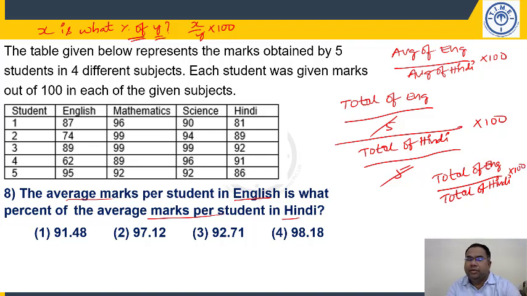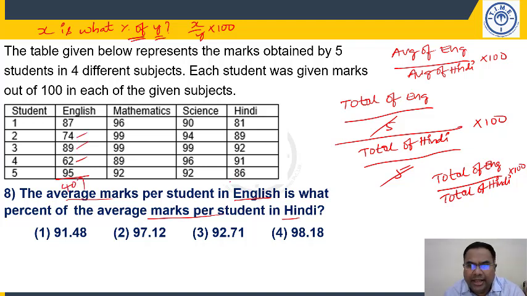So the same thing we have done sometime back, right? When you are looking at ratio, it is asking for the same number of years, so average ratio is equal to total ratio. Here also it is asking for the same number of students, so average by 5, average by 5, 5 will get cancelled. So total of English by total of Hindi into 100. Right? So add this total of English: 159, 157, 246, 320, 407.